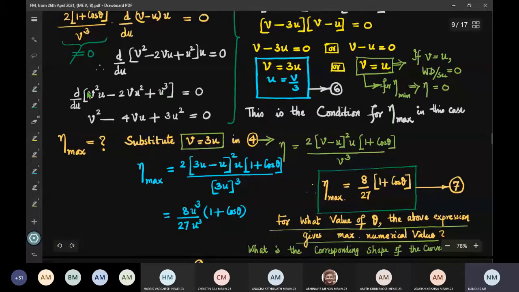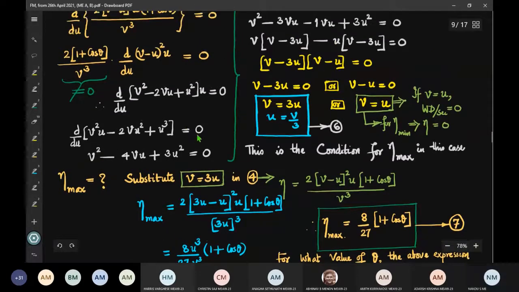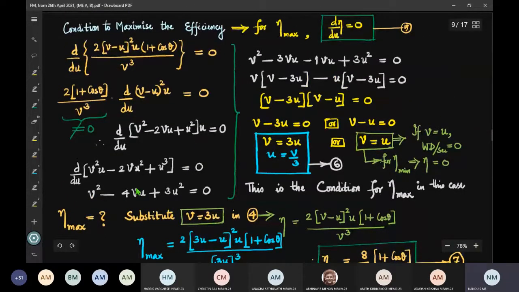And you differentiate this one now. V square is constant, into derivative of u, that is v square itself; minus 2v multiplied by the derivative of u square with respect to u, that is 2u. So what you get is 2v into 2u, that is 4vu, plus u cube, the derivative is 3u square, and equated to 0. So v square minus 4vu plus 3u square, and this can be factorized by splitting the